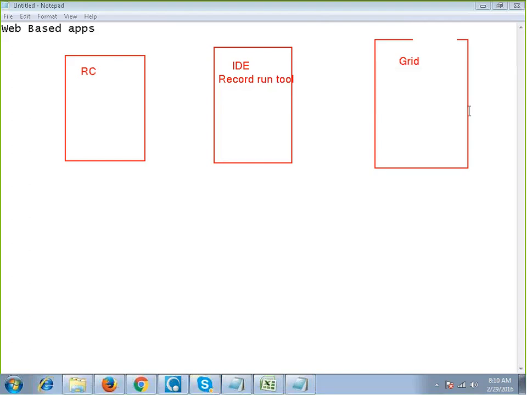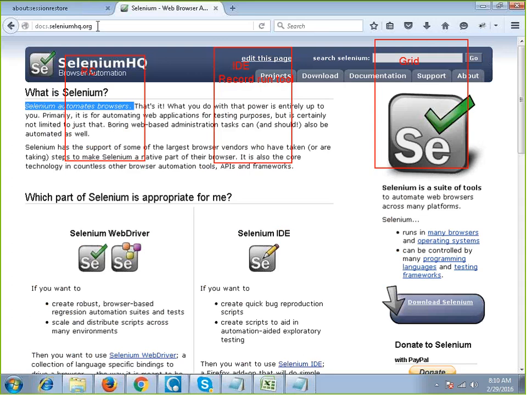Record and run is not at all practical. It is something like you record certain flow and after that you play it, but you know, these days websites are dynamic. Everything changes on the website every day, so you just cannot record today and say I'll run it tomorrow. For example, a website like say CNN.com,